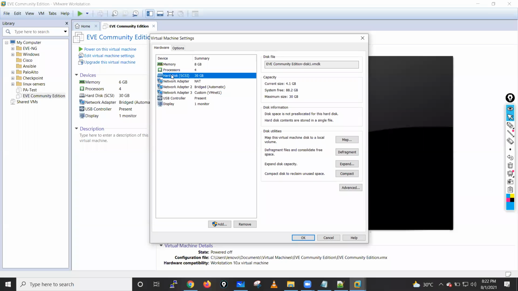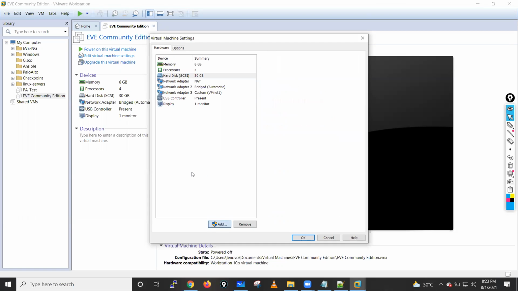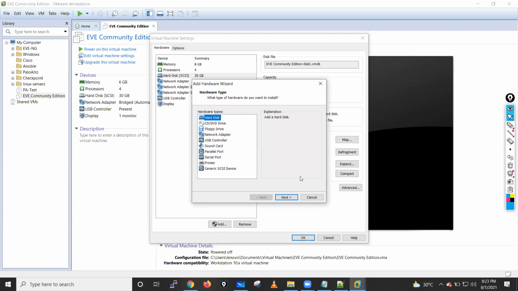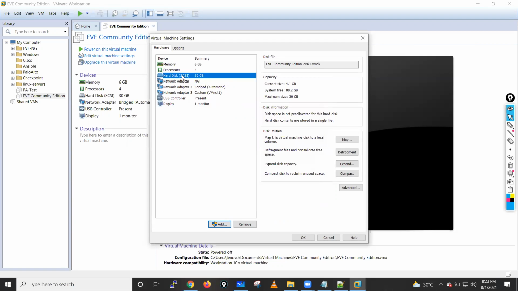Guys, you also need to extend your hard disk. Generally, you will see here the hard disk is 30 GB. So what you have to do is add one more hard drive here. Just don't expand it, guys. If you get that option to expand, don't expand it. That's not a recommended way, guys. Okay, as per the EVNG recommendation, just select this one, click on add,